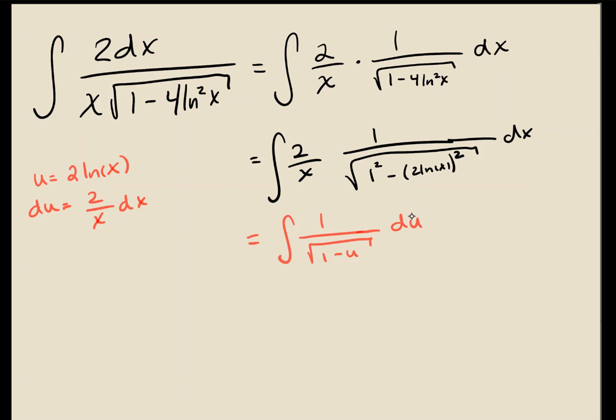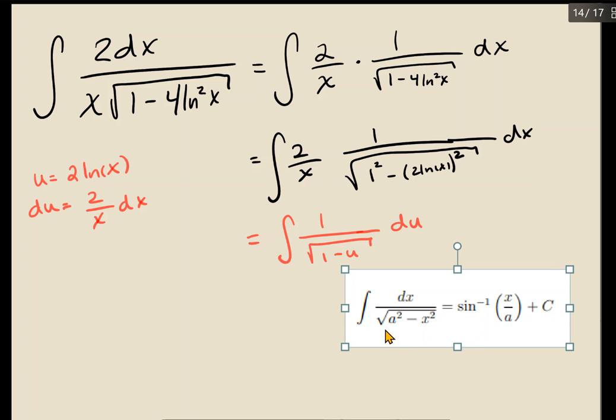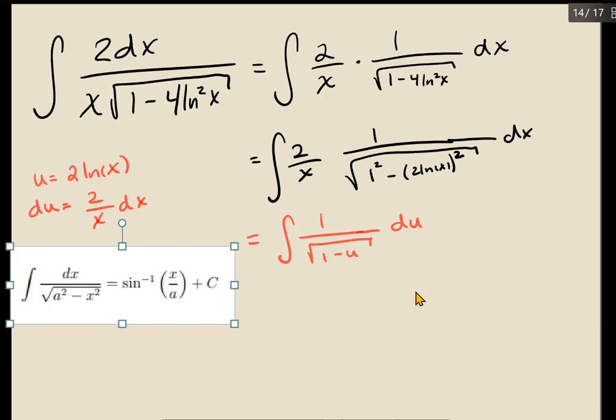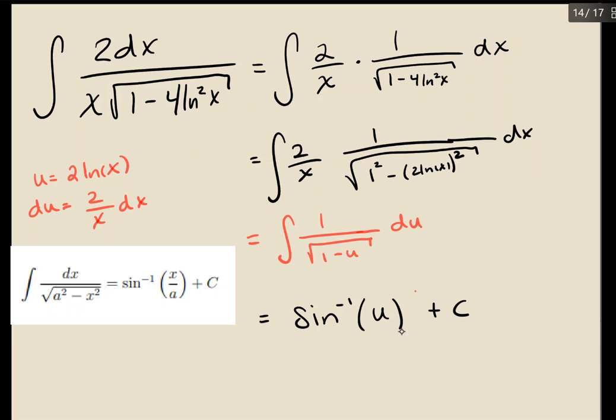And now written in this way, we can identify this from our integral formula sheet. And we see this fits inverse sine because we've got the constant squared minus some variable squared. So using this integral formula, u divided by 1 is just u. Substituting for what u is,